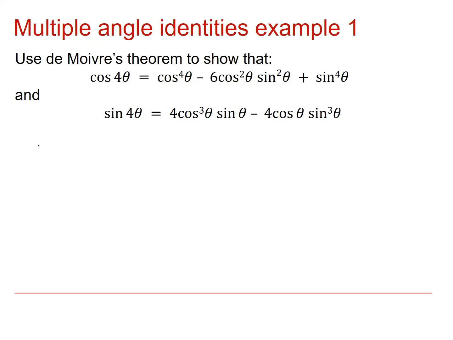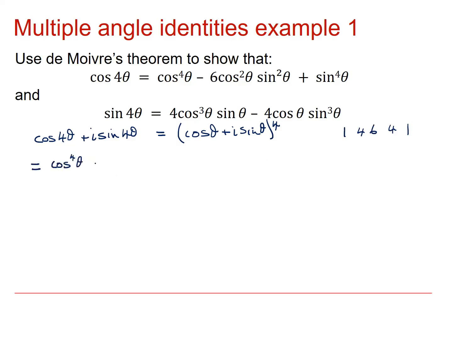Okay, so cos 4 theta and sine 4 theta, well, they feel like they've come from here. Cos 4 theta plus i sine 4 theta. We know from De Moivre's theorem that that's equal to cos theta plus i sine theta all to the power 4. And what I'm going to do is multiply out this right-hand side using the binomial theorem and Pascal's triangle. I know that for power 4, Pascal's triangle is going to give me 1, 4, 6, 4, 1 as my coefficients. So this thing is going to become